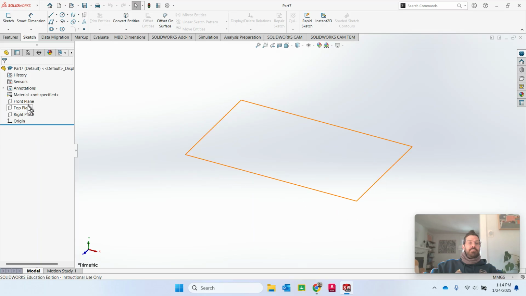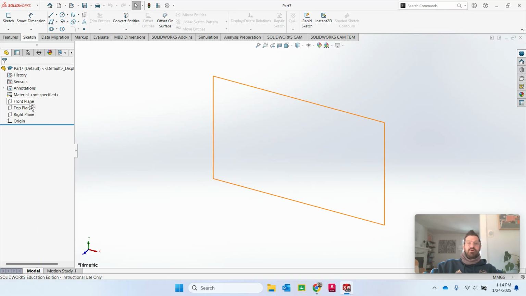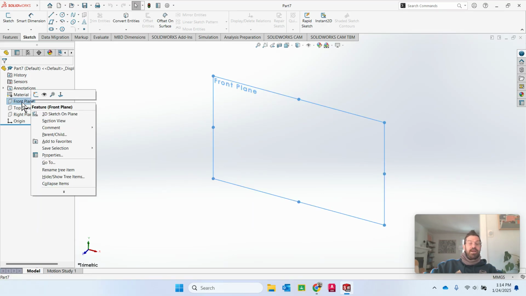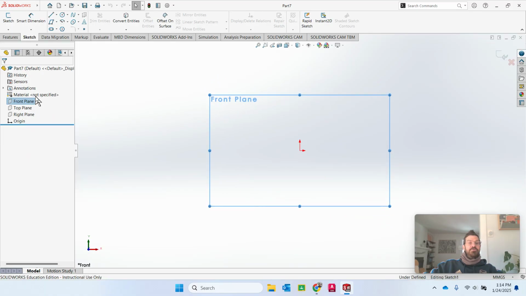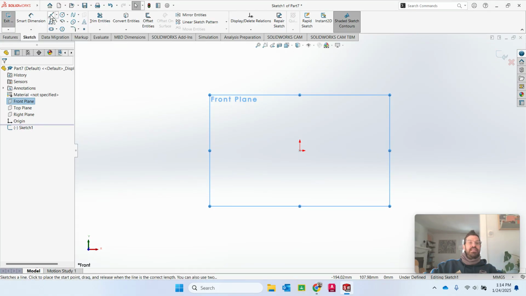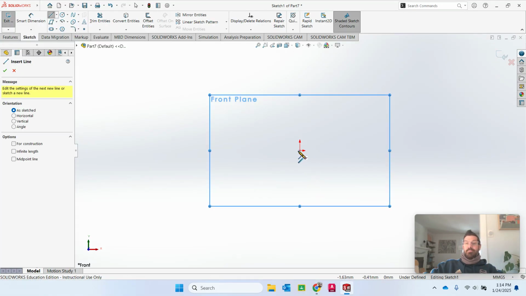So we're going to start by drawing on any plane. I'm just going to pick the front plane. I right-clicked on front plane, going to go to New Sketch, brings me here. We're going to start off with the most basic tool there is, the line tool. I'm going to anchor my first line on the origin, because that will help me to fully define anything I draw. So I'm just going to draw this, and it works the same as AutoCAD, where you start,